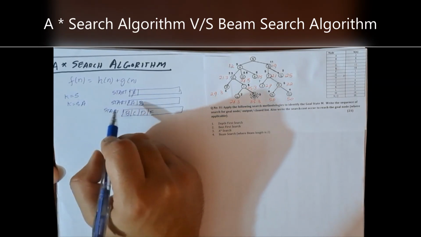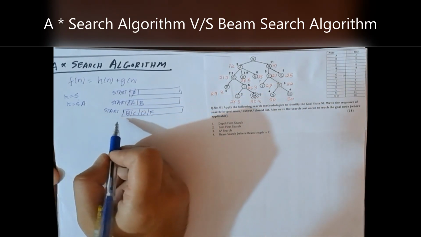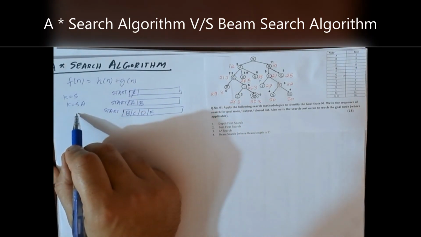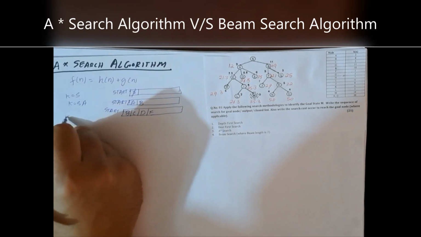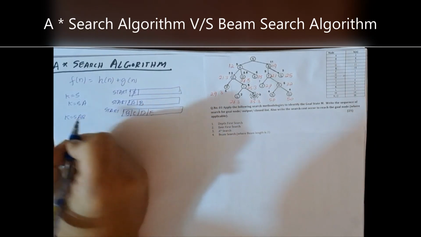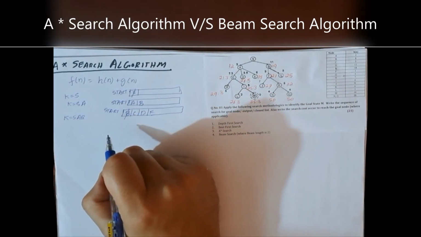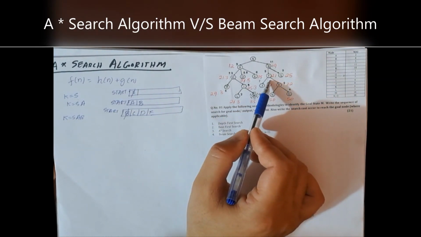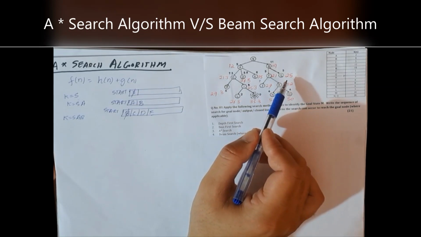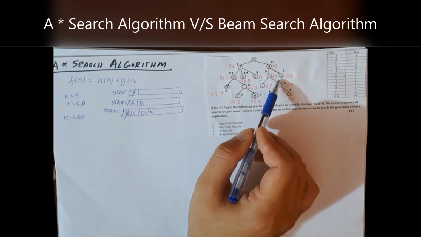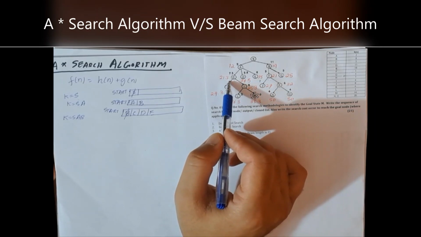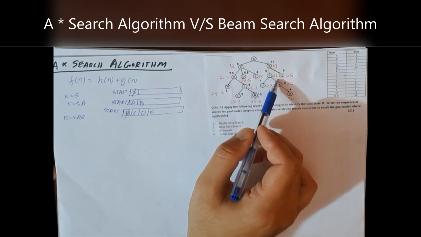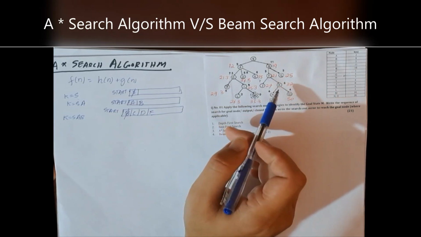Now what we will do, we will remove B from here, and we will give this a value to variable K. So the new value of K will be S, A, and B, and B will be replaced by its child nodes. What we have here are F and G. F is 21 and G is 25. So here if we see, the value of C is 21.3, which is more, so these two come in the beginning. So now this sequence will be